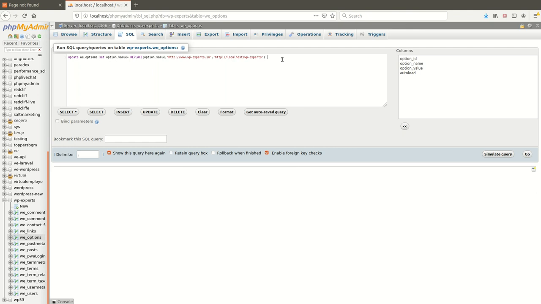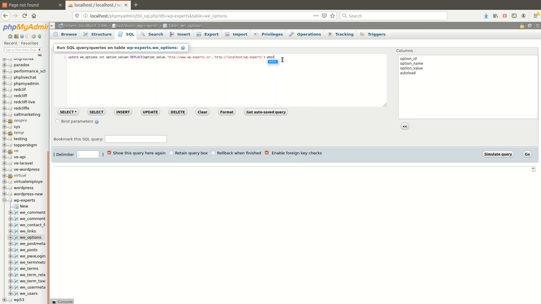Okay, so basically in the WP options table there are many field values stored in encoded format. So you can't replace all values of the table. We need to update the WP options table for only two rows.